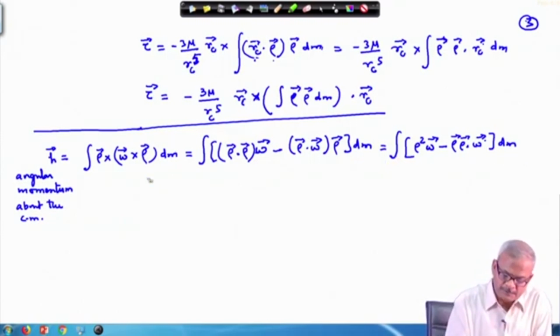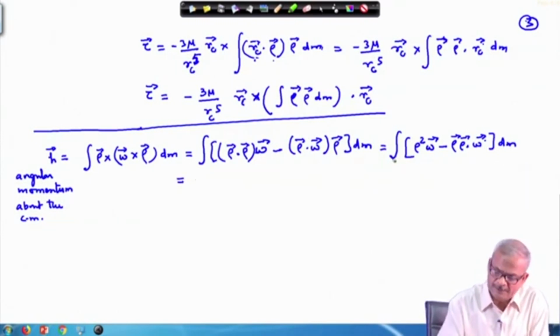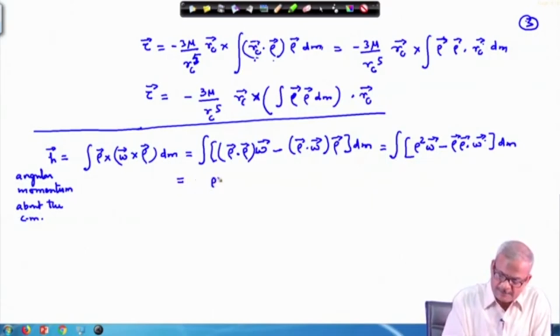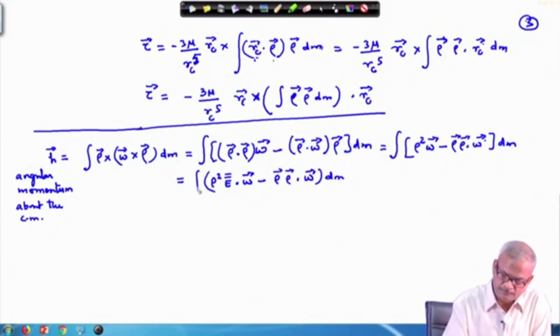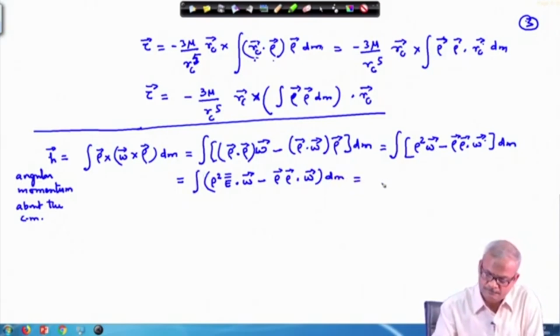Okay. So, in the dyadic notation, this can be written as, and we can rewrite this as